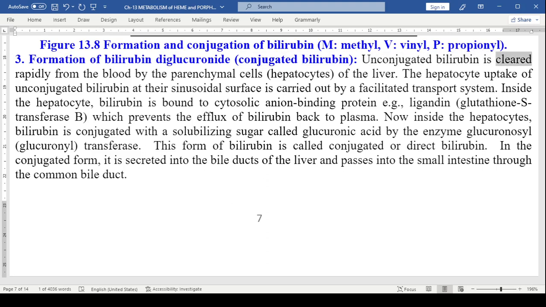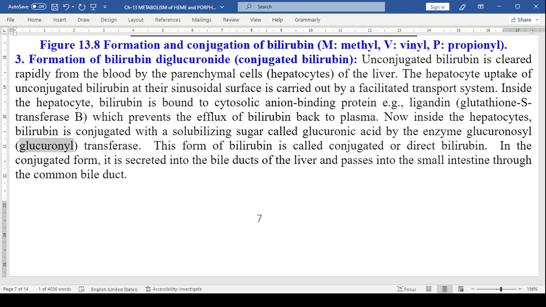Unconjugated bilirubin is cleared rapidly from the blood by the parenchymal cells, hepatocytes, of the liver. The hepatocyte uptake of unconjugated bilirubin at their sinusoidal surface is carried out by a facilitated transport system. Inside the hepatocyte, bilirubin is bound to cytosolic anion-binding protein, for example ligandin, glutathione-transferase B, which prevents the efflux of bilirubin back to plasma. Now inside the hepatocytes, bilirubin is conjugated with a solubilizing sugar called glucuronic acid by the enzyme